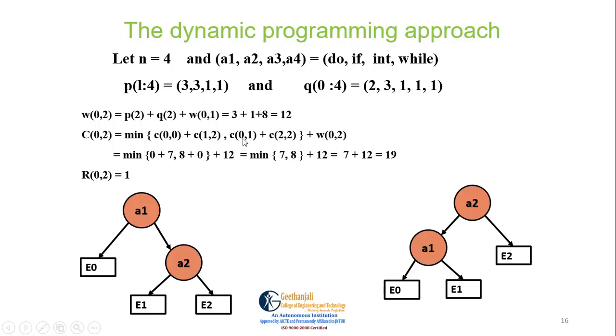That is C of 0 comma 1 plus C of 2 comma 2. Okay. So that is A2, if I select the root element, the left subtree contains A1 along with E0 and E1, whereas on the right side, only an empty tree with E2. Okay. So now among these two possible trees of given C of 0 comma 2, whichever value is a minimum